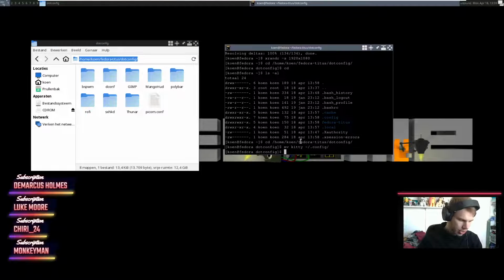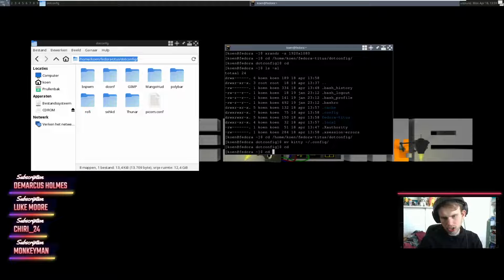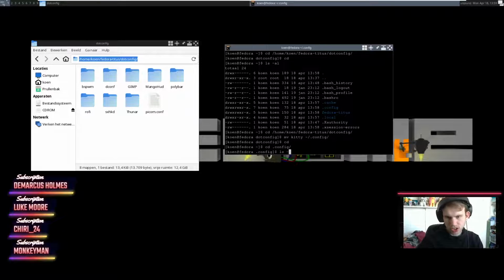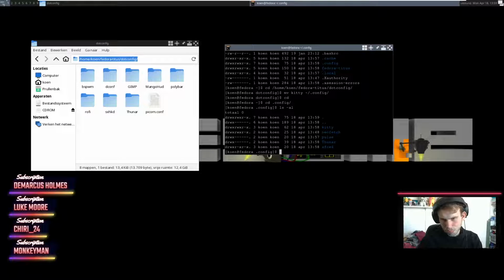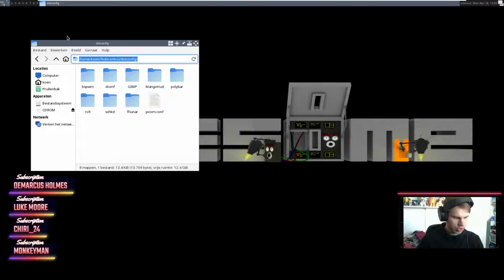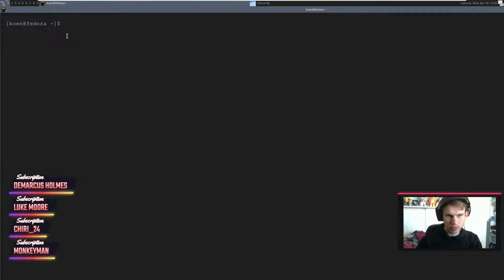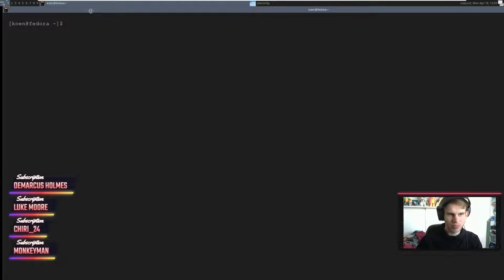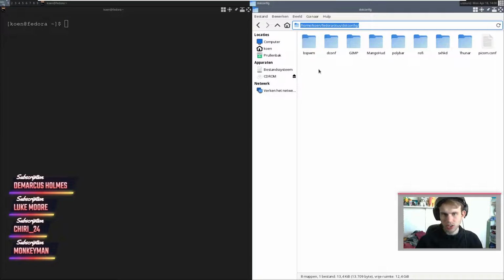Now that should put the folder into .config right there. And it appears that it did indeed do that. So let's try and run Kitty again. Yes, that's more like it. Okay. So now we actually have a bit of a prettier terminal to work in.